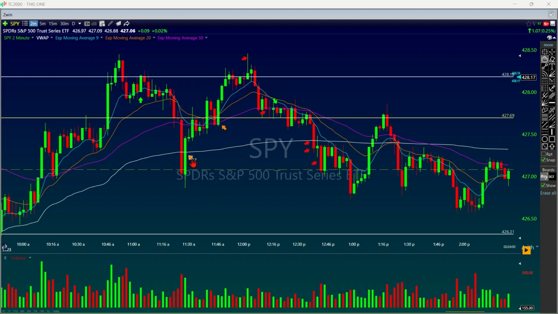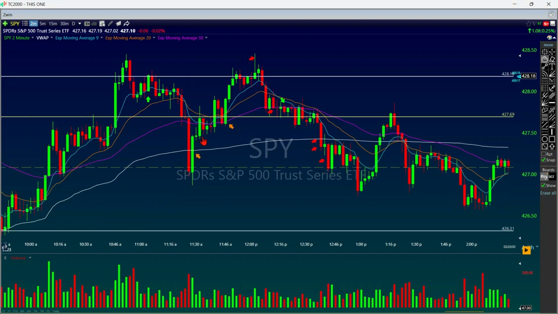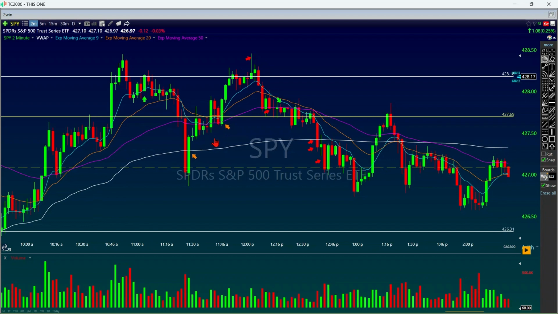So I didn't do anything on this first one. And I watched how everything was forming, and we kept trending up, higher low, higher low, higher low. So we still had buyers stepping in, pushing it up. And then we had this nice big candle here. We shoot back up above this resistance line, and then we pull back into the 50 EMA, and we bounce